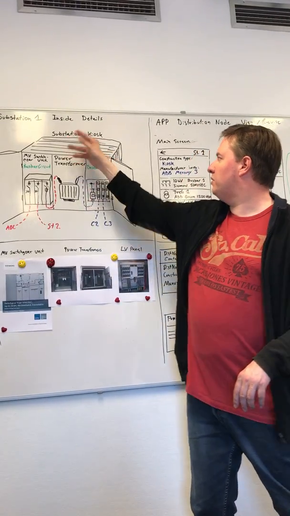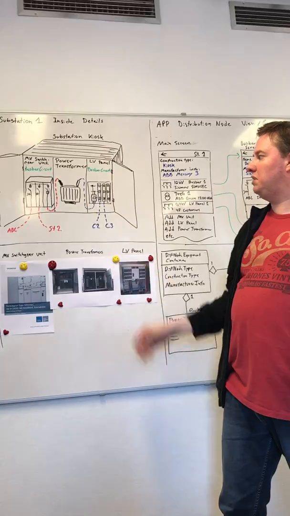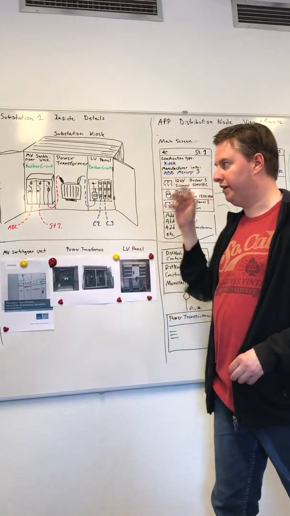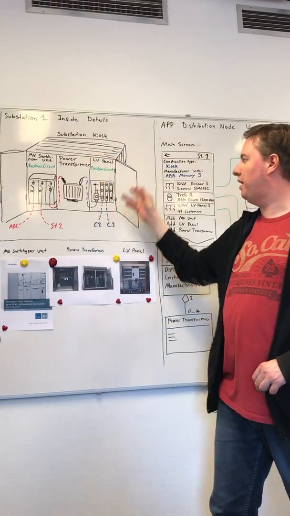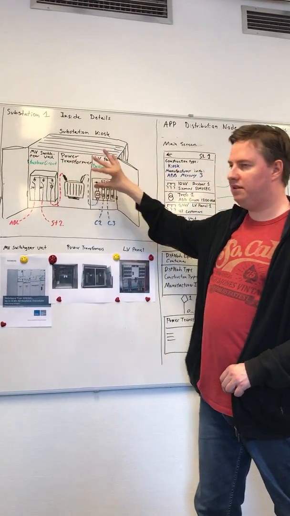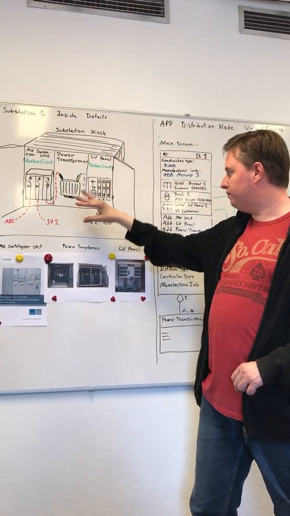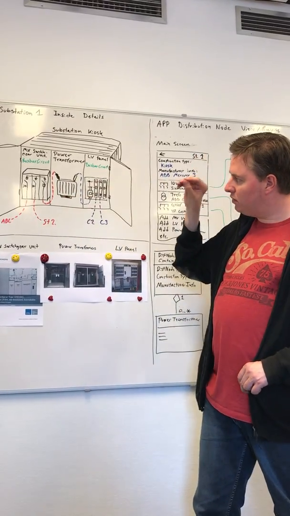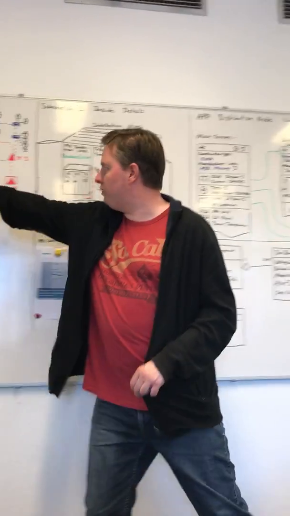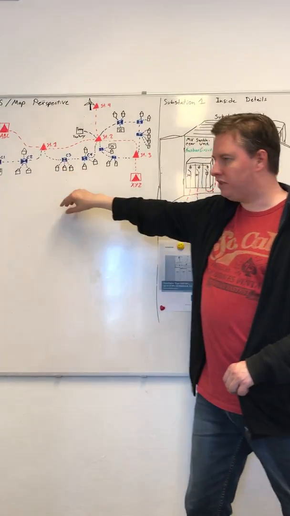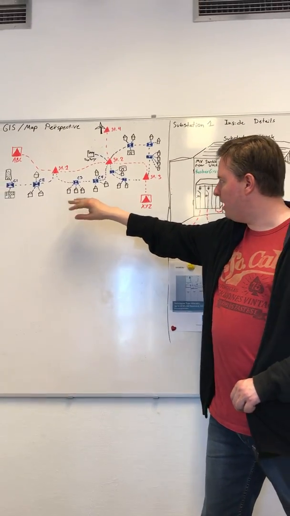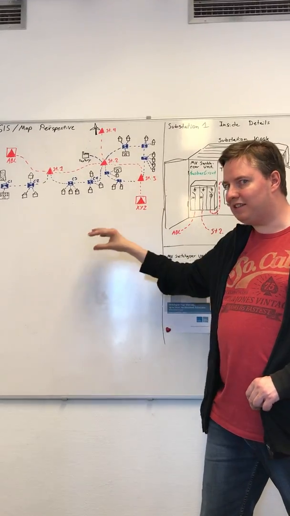Also, he'd like to know, is it a kiosk? Is it maybe something inside a building, or maybe it's a windmill or whatever. You have to maintain this substation. So the idea is, when you search for a substation on the map and click on it and choose details like we have today, and he wants to see the equipment details of the substation,